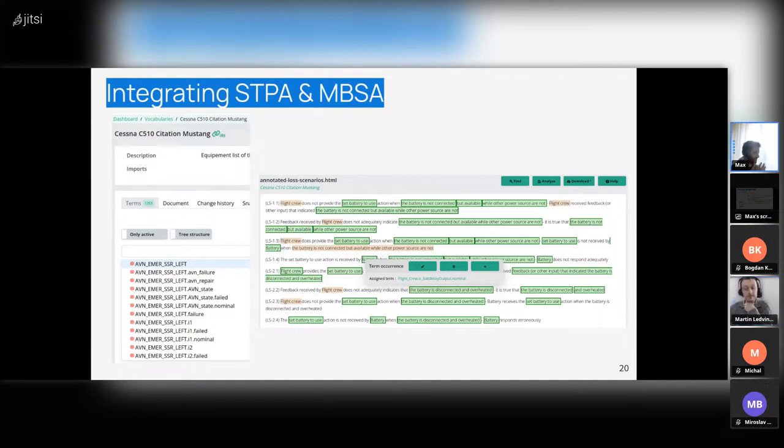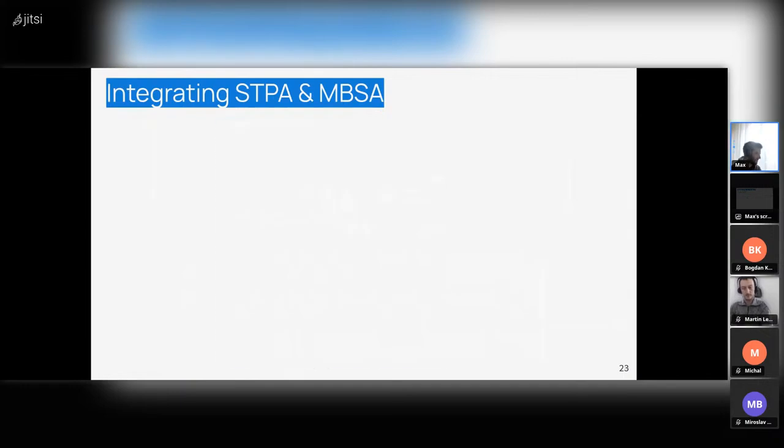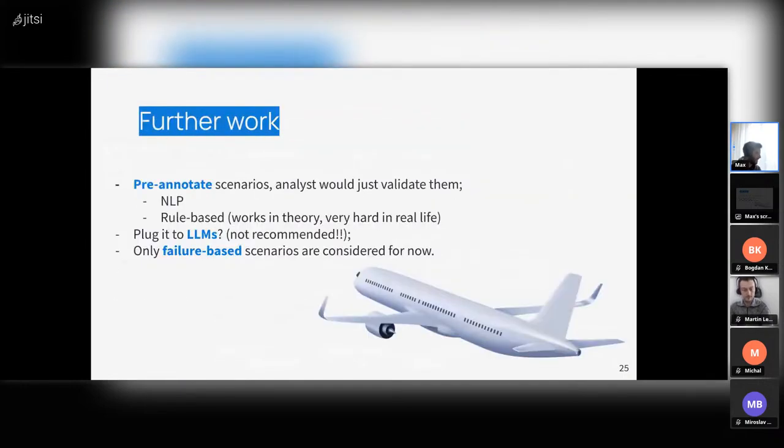Because I've been working on this for a long time, I was still using the master light. But I did this kind of thing where I know which one is the control action. Basically, all this pre-annotation is because I have this data, but I cannot really do anything about it. I was showing here that in theory we could make some rule-based approach, but